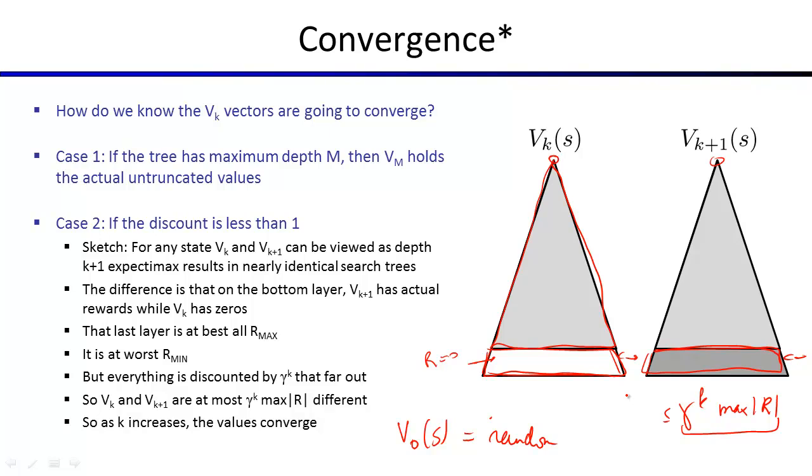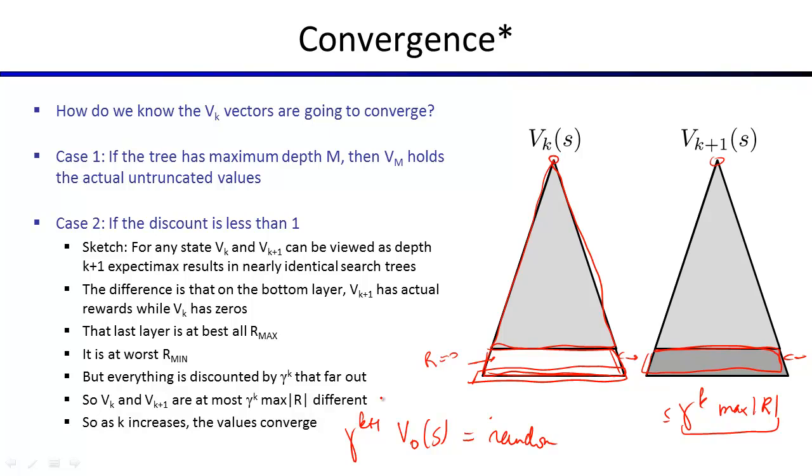How about if you keep going forever? You let k go to infinity. What's the contribution of V0? Well, V0 would be sitting over here, and it'll actually be discounted by gamma to the k plus 1. So as long as you have a finite initialization of V0, which any reasonable thing would do,